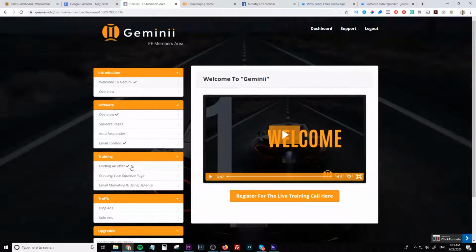And we've also got the training, which is going to show you how to use all of the apps that we've got inside of Geminii, and it's going to show you how to use the apps in real time to create a campaign. We also have some traffic where you can feed this funnel that you'll be creating inside of